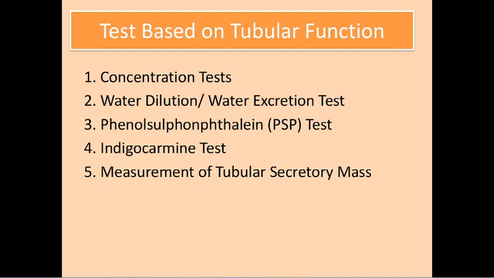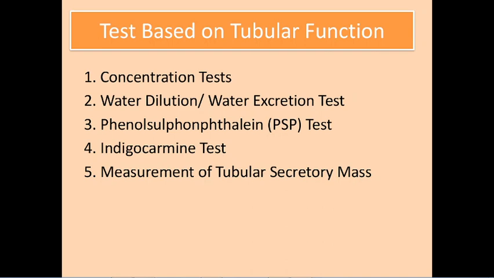Next is phenol sulfophthalate PSP test. Dyes are widely used for the excretion test. An example is PSP test. The test is conducted by measuring the rate of excretion of the dye following intramuscular or intravenous administration. The intravenous test is more valid since it eliminates the uncertainties of absorption which exist in the intramuscular test. It has been shown that the test is reliable and sensitive if the amount of dye excreted in the first 15 minutes is taken as the criteria of renal function. 15-minute PSP test is more reliable.